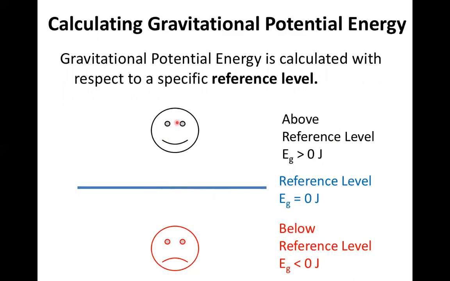If you are above that level, then you have positive EG. And if you are below that level, you have negative EG. So you could say, like usual, that the reference level is the ground, and you could dig a ditch, and if you were 2 meters below the ground level, you would have negative EG. It's going to be strategic to sometimes choose your reference level to not be the ground, and I'll show you